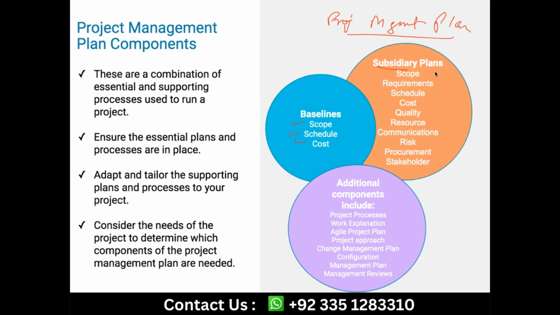We have covered the scope management plan, the requirements management plan, the schedule management plan, the cost management plan, the quality management plan, and the resource management plan. We started our discussion from the resource management plan. We have seen the communication management plan. We are going to see that again, but we have seen that already. This we have not covered. This is going to be the next class discussion. Procurement we have covered today, and the stakeholder engagement plan we have covered. So there are 10 subsidiary plans within a project management plan, along with the 3 baselines and any additional documents